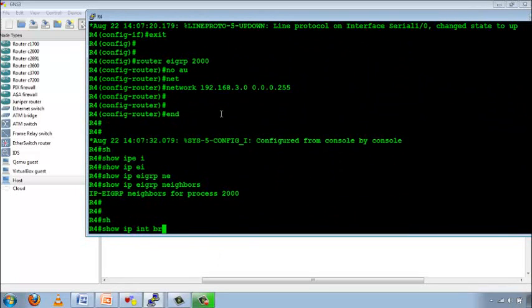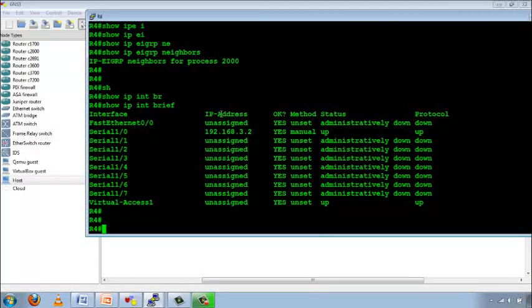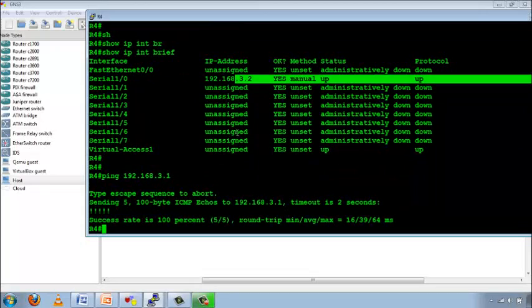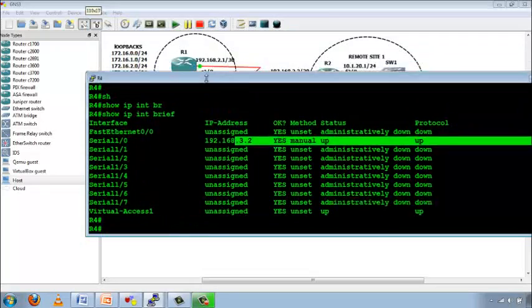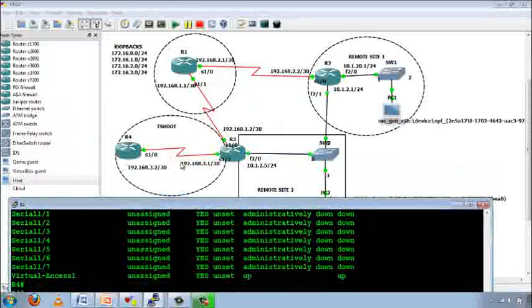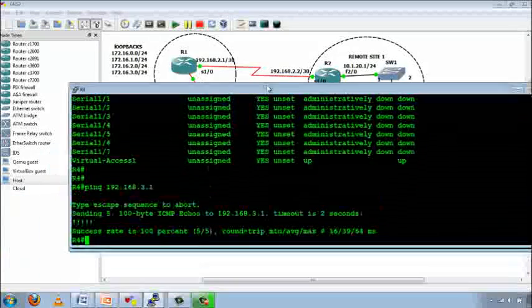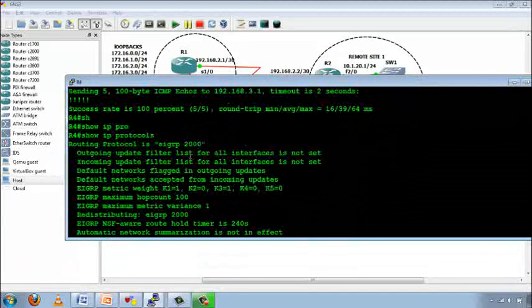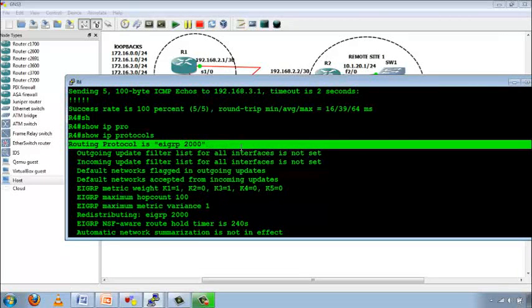Let me say show IP interface brief, to make sure that my interface is up and up. Let me make sure that I can ping to 192.168.3.1, which I can. Now let me say show IP protocol command to make sure that we are running EIGRP. I'm running EIGRP process 2000,